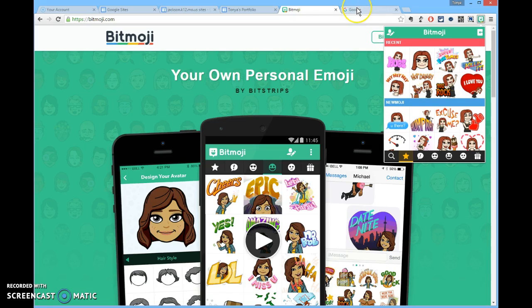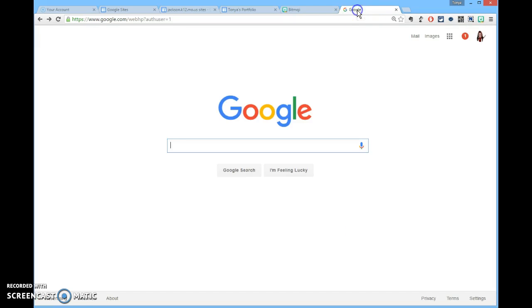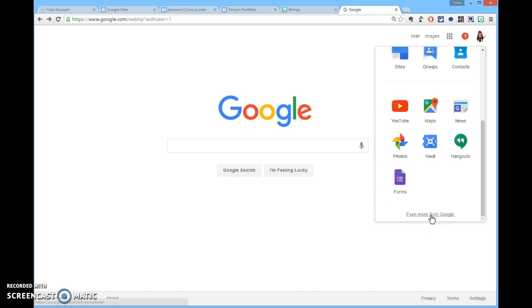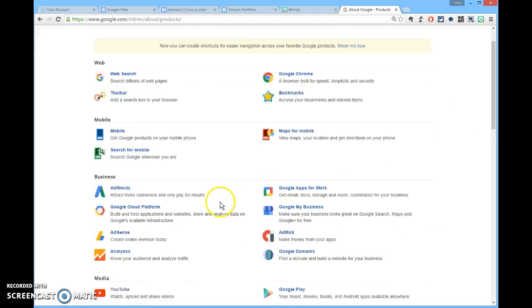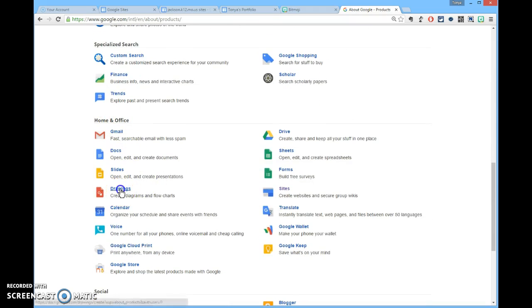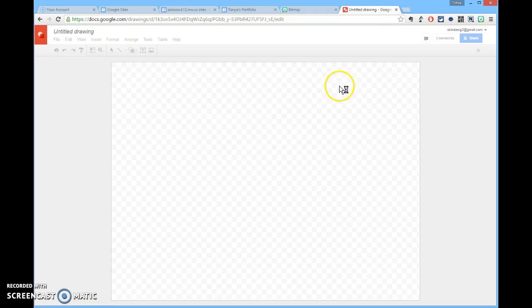Just to stay with Google, I'm going to create a Google Drawing, and again, that's one of those that you're going to be logged into your Google and choose. It may not show up on your list, so I'm going to go to more and even more, because it's still not on the list, and it'll be here in this section with all the home and office things. So I'll click on that. It's considered a Google Doc essentially. So I have an untitled drawing. I'm just going to call this heading, and